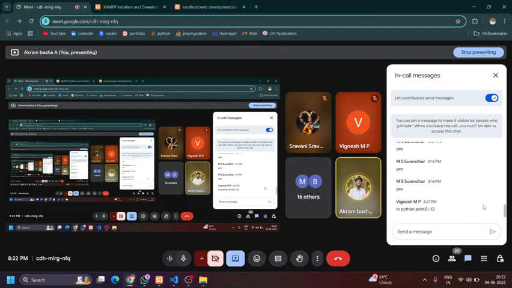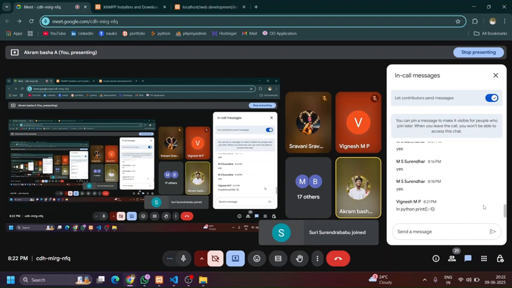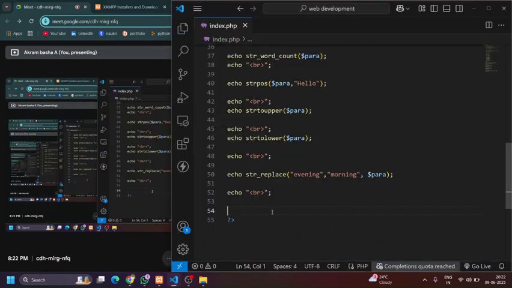In PHP we have built-in functions. You can use built-in functions to reverse the string as well. Let me show you an example. We have to use